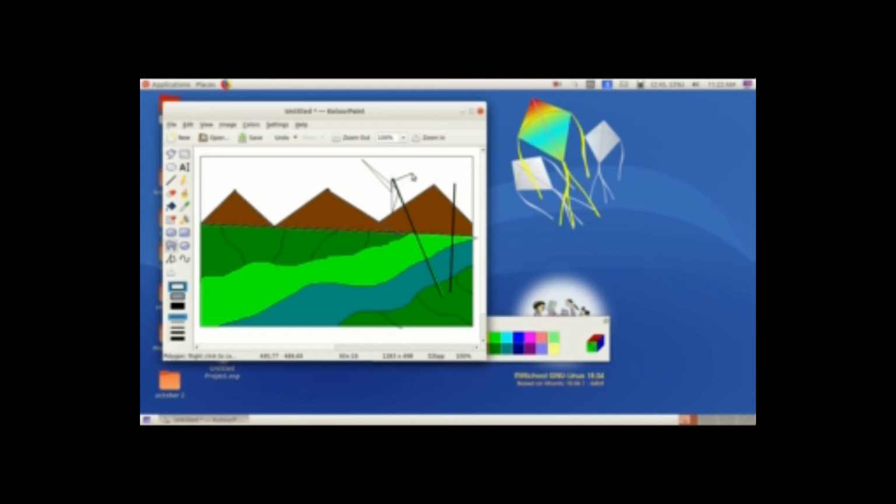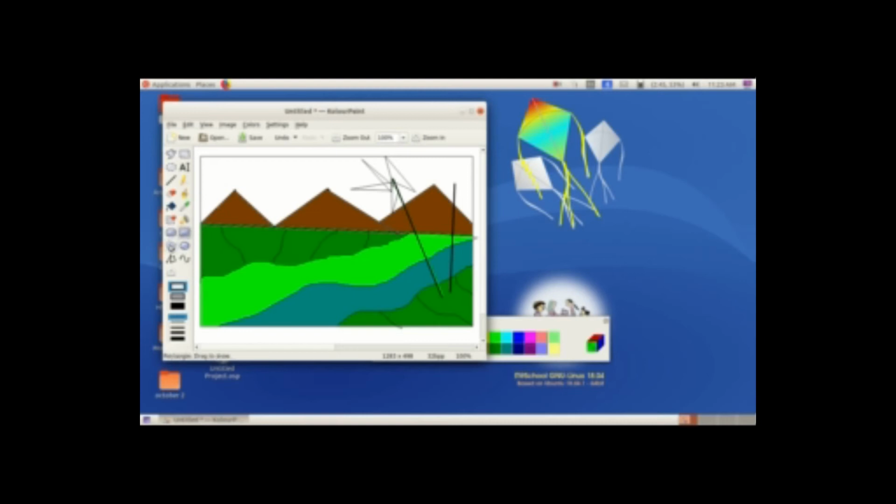The tools we have used almost are the pen line tool first for drawing the mountain, then straight lines we have drawn, then we took the pen tool to draw the paddy fields and the rivers, then the polygon tool to draw the coconut tree leaves, and again we gave the bucket fill, flood fill tool, that bucket type thing, for giving the different colors.